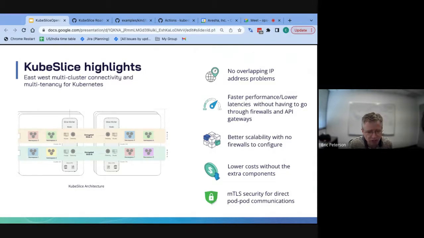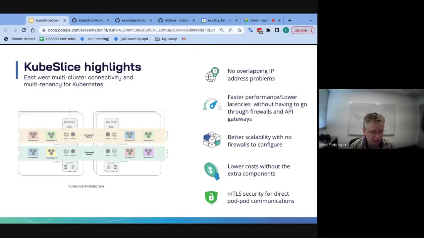One of the first things we do is put an overlay network in place. By putting the applications onto that overlay network, it gives us a way to avoid any overlapping address issues that may be occurring. Depending on what environments you've worked in, different clouds have different policies when it comes to the addressing they associate with a cluster.